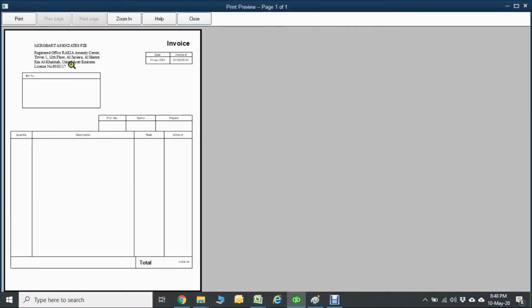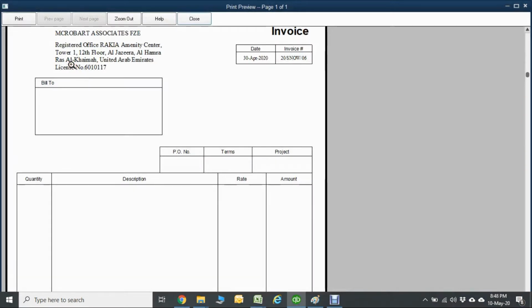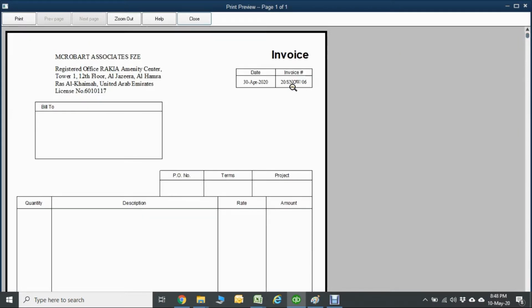Remember, this is the template you are using in your QuickBooks, which is a very erratic model and is not good for any company. Here the invoice has no left alignment, and only in Bill To can you put the name in the box, but there is no alignment. The company name is here.